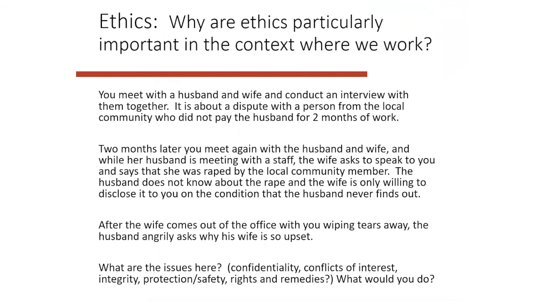In the protection context, we are confronted with complicated ethics every day. We don't always recognize it as an ethical dilemma. The more you think about these issues and how best to respond to them, or even how to prevent them before they occur, the more effective you become in your work, and the more effective your organization is.